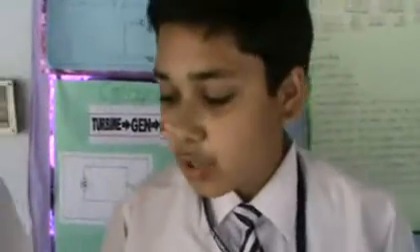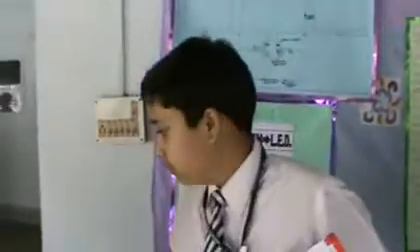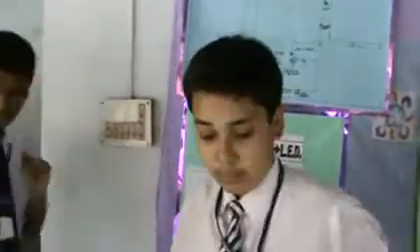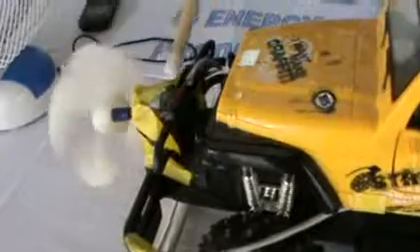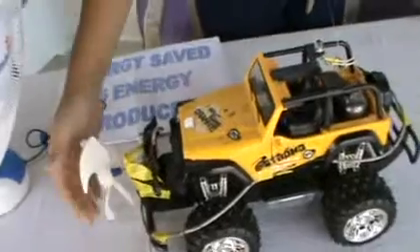I invite my friend Aditya to continue now. In this project, we have used a fan connected to a dynamo, which in turn is connected to an LED bulb. When the fan rotates, the energy goes to the dynamo, and then to the LED bulb. The wind energy is converted into mechanical energy in the dynamo, and this mechanical energy is converted into electrical energy. We are not using any batteries to run it. If wind energy stops, the light will stop glowing.